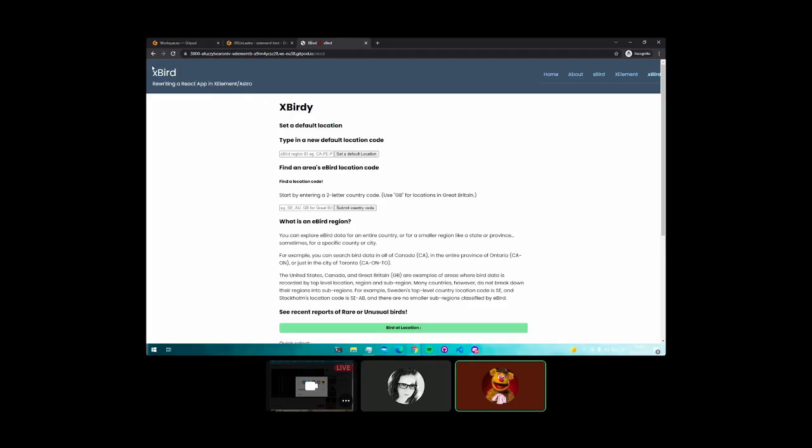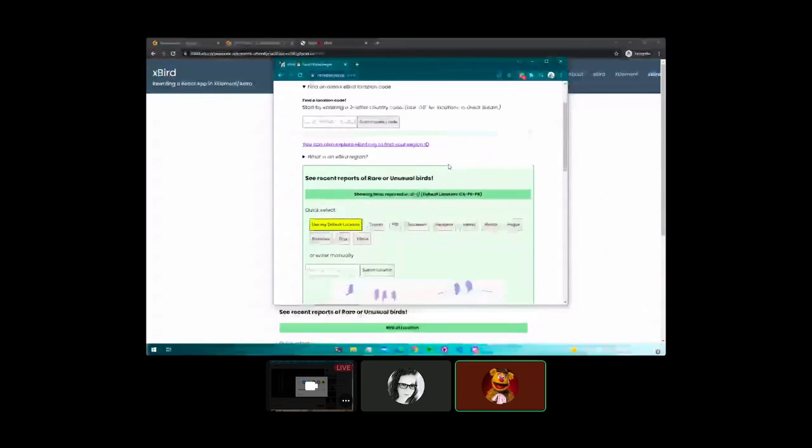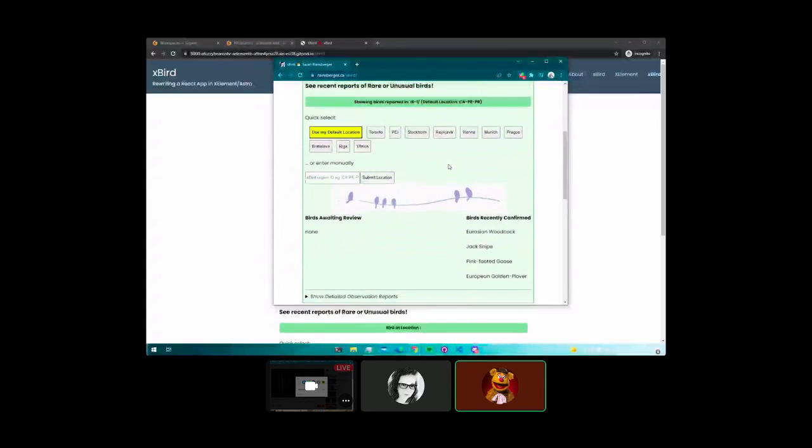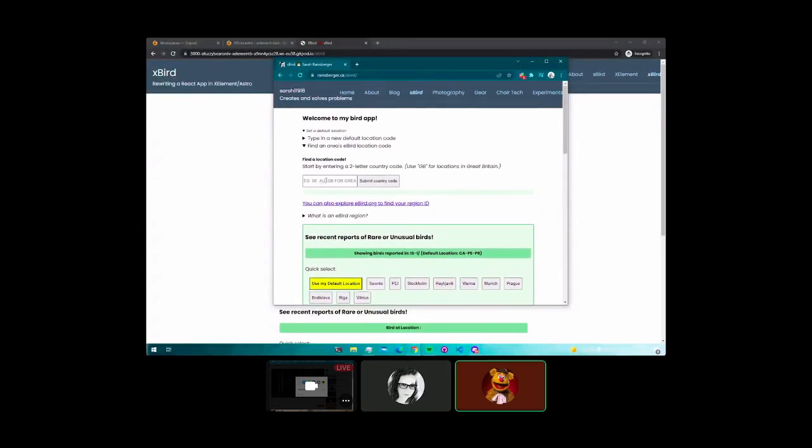Perfect. Right, so this week we continue to work on rebuilding a React app with XElement in Astro. If you're not familiar with it, we're working on Sarah's little sBird app, which basically gathers bird information from different locations around the place. And what we've really been working on is this second part here, where we're trying to discover the